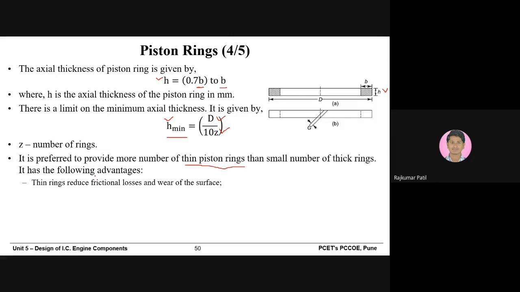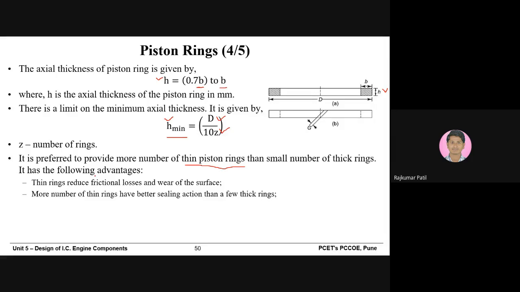First, thin rings reduce frictional losses and wear of the surface. This is the first advantage. Second, more number of thin rings have better sealing action than a few thick rings. The thing is that